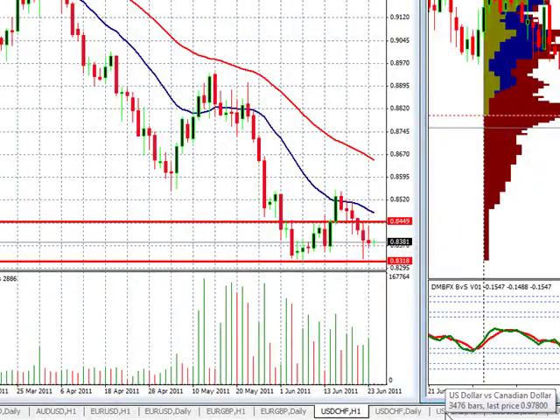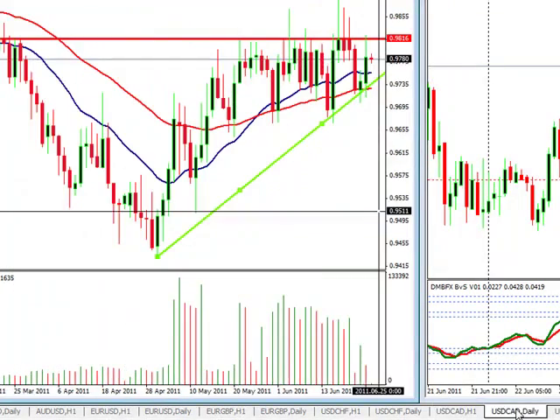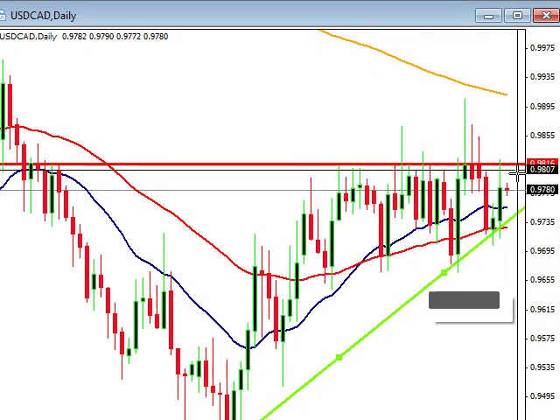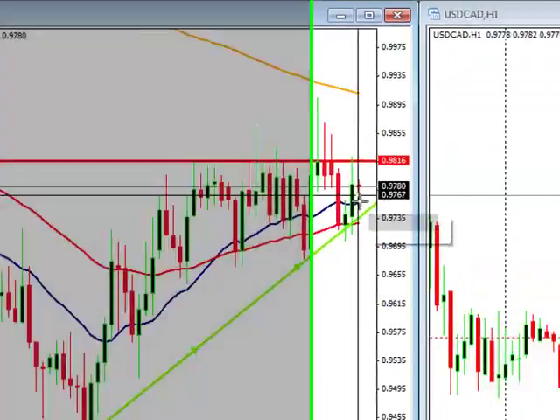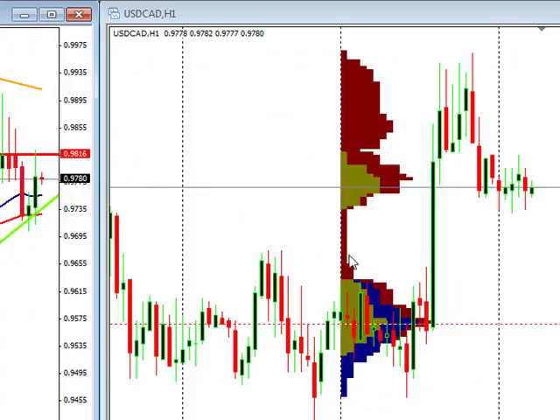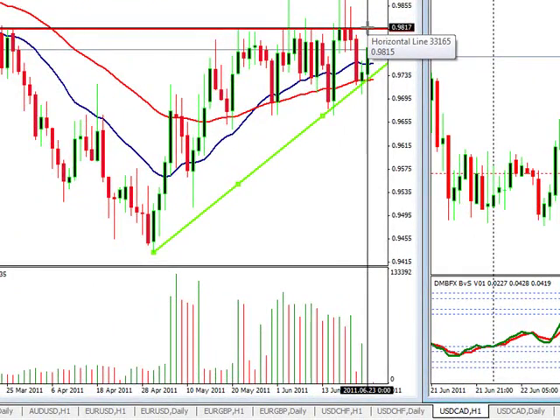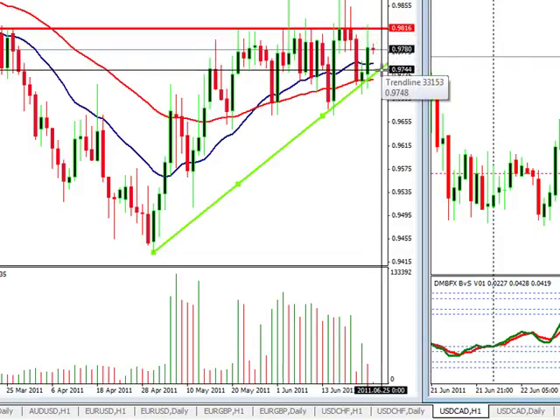We've also been watching the dollar Canadian. We've got an ascending wedge here, and we kind of redrew our lines. And again, we're still waiting for a breakout of this one way or the other. You can see a little vacuum here on the volume profile below 97.70, 97.75 down to about 97.45. So there's about 30 pips in here if it can break back into this low volume range. But again, we haven't been able to close above